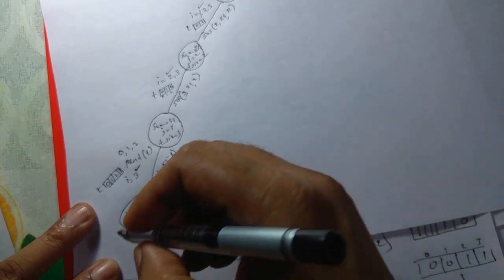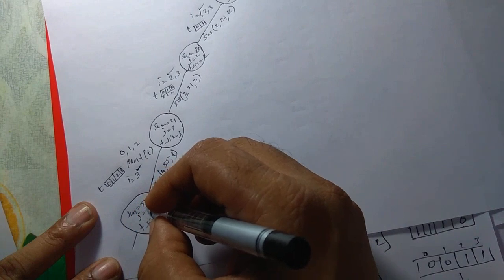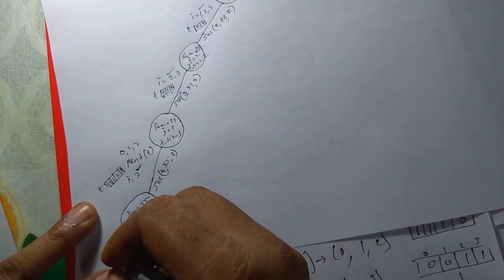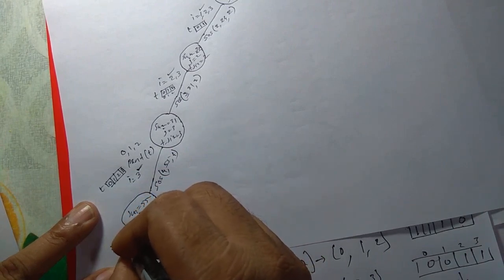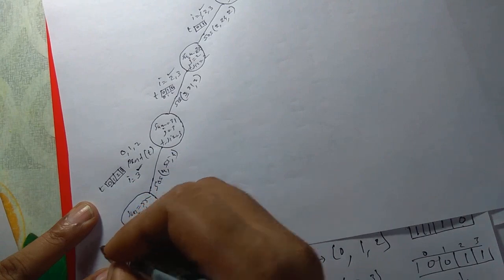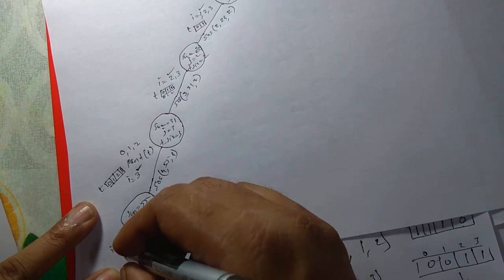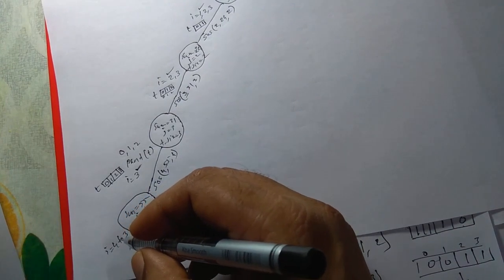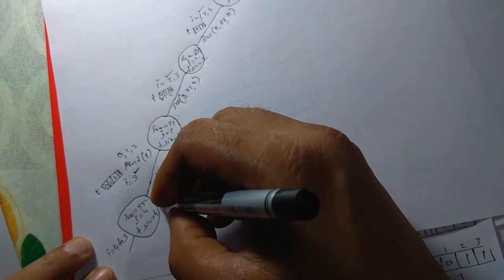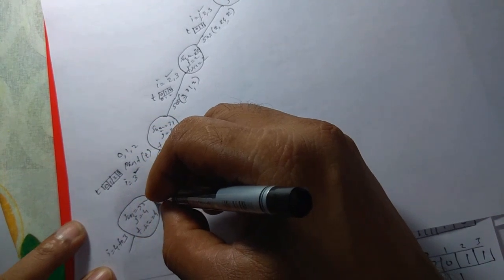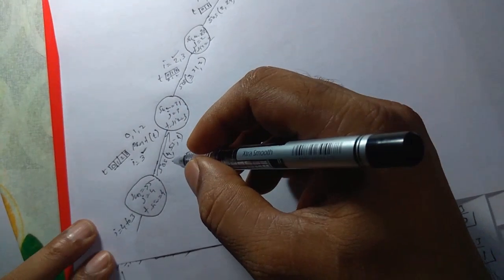It has to check whether it has met the target sum. No, 31 is not equal to 55. For the for loop, i equal to 4 to less than s size, 4 to 3, it will not work. Since the condition is not satisfied, it is returning. It is returning to this node.